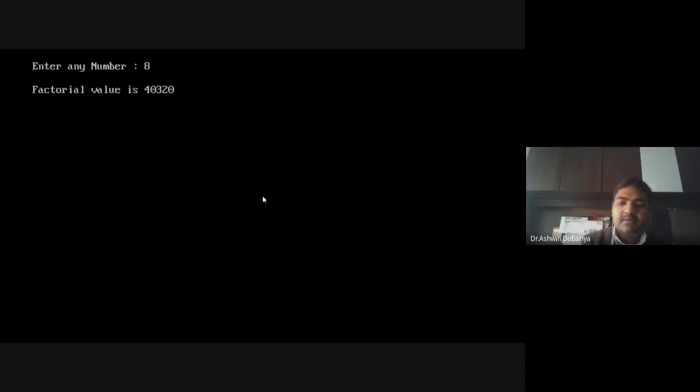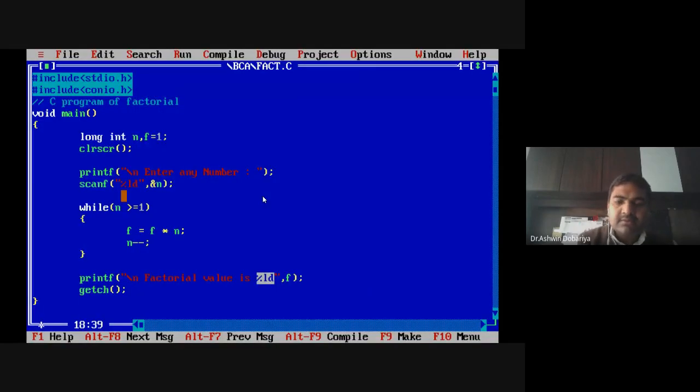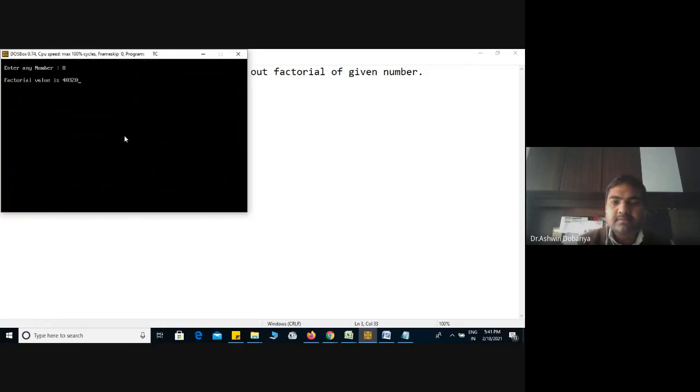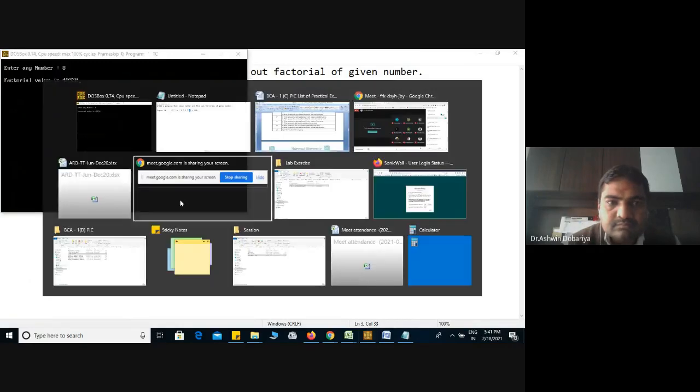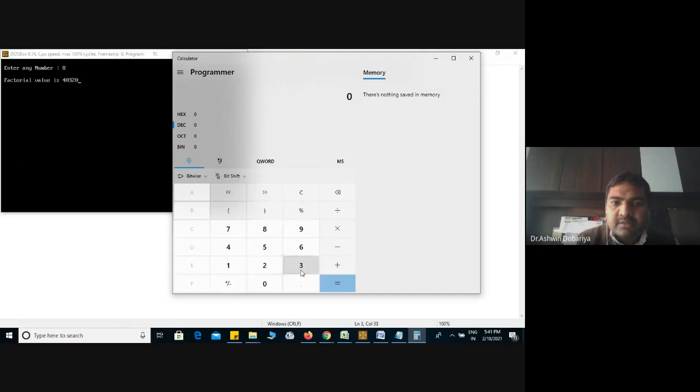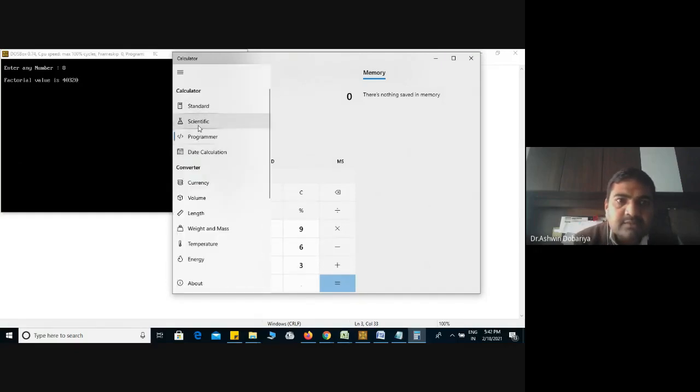Even in the calculator also, there are options for scientific or programmer mode.